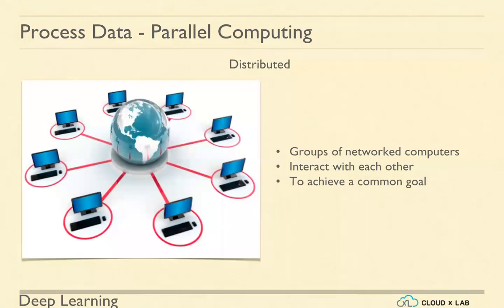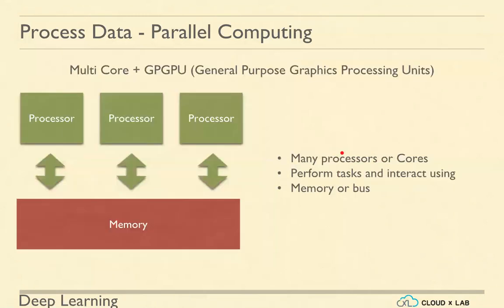The first part of parallel computing is distributed computing, whereby we connect computers in a network so that they can interact with each other to achieve a common goal. The second way of parallel computing is by having many processors in your computer. Your computer might have 4 cores, 8 cores, or a GPU. We call it